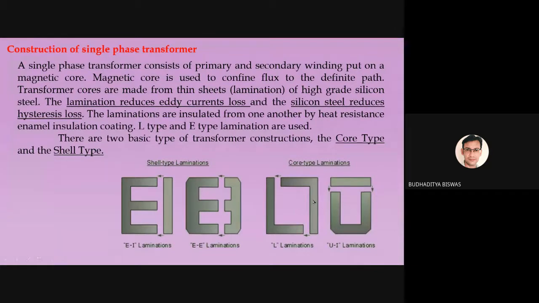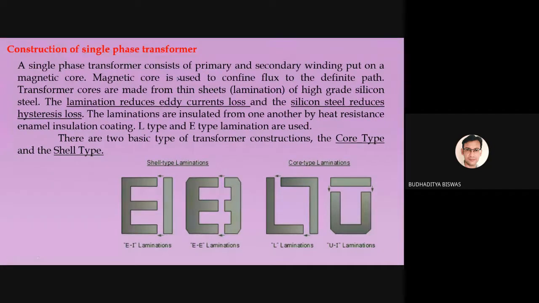But we take many of these laminated sheets and join them together to form this type of core, or this type of core. This is the UI core. This is the shape of U, and this is the shape of I. So this I is placed on top of the U to form a rectangular core. Similarly, we can take a double L pattern. For the shell type transformer, where a center limb is present, we can take EI lamination. This lamination looks like an E, and this is like an I. So this I is placed in this position to form a rectangular core with a central limb, the same as EE lamination also. Okay, so we use the laminated core to reduce the eddy current.